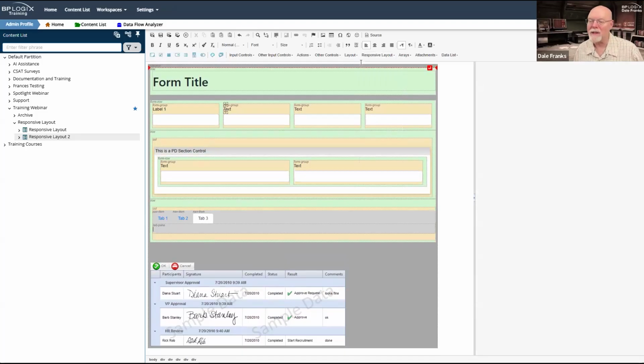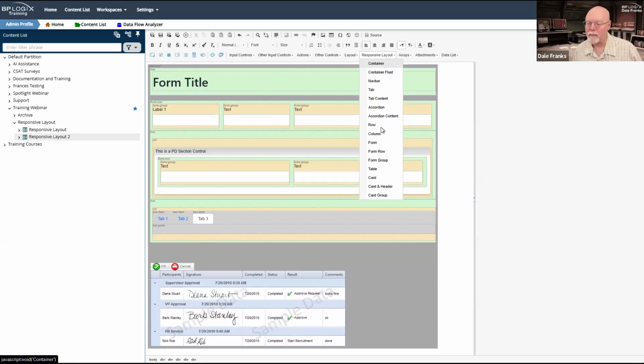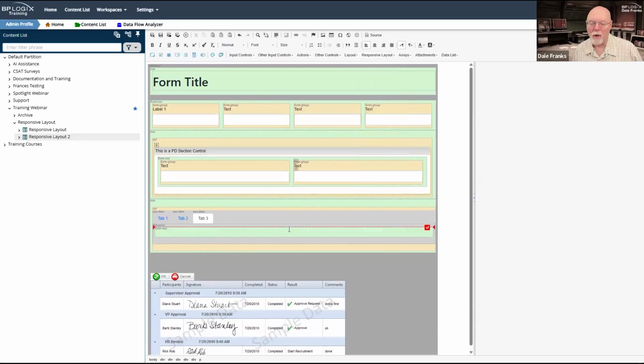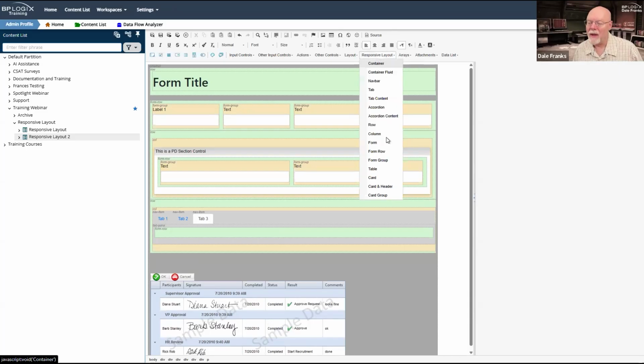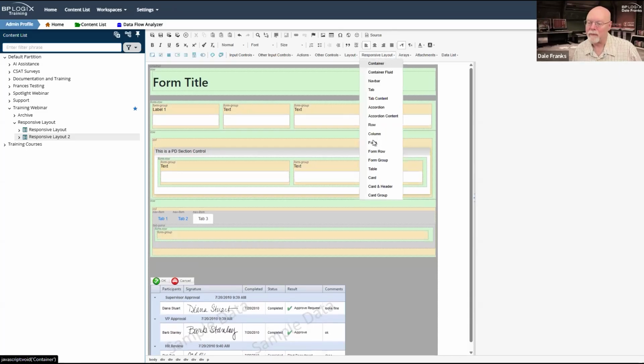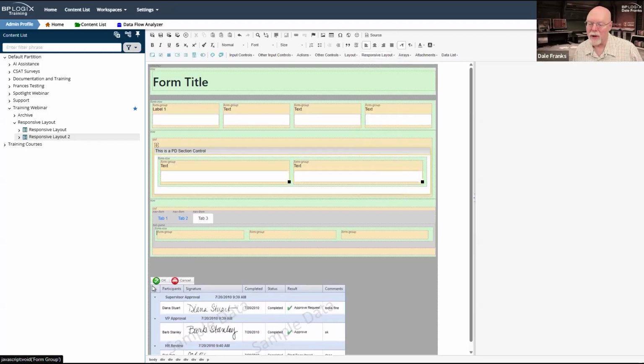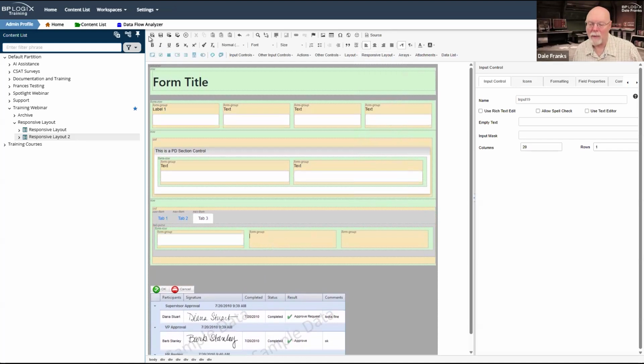And we'll just repeat that same process. Form row, be sure our cursor is in the form row, and then let's add 1, 2, and 3 form groups into which we can drop our input controls.